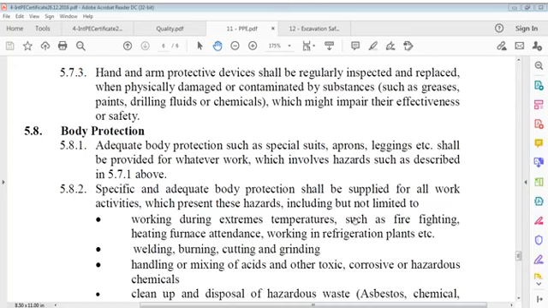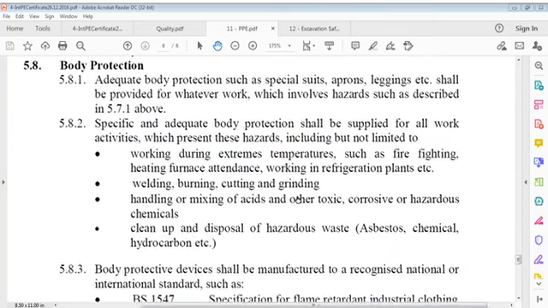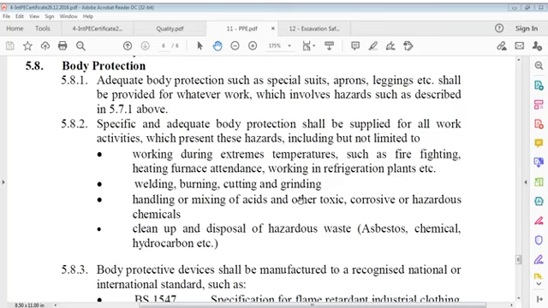Body protection. Adequate body protection such as special suits, aprons, leggings, etc. shall be provided for any work which involves hazards such as described. Specific and adequate body protection shall be supplied for all work activities which present these hazards, including but not limited to